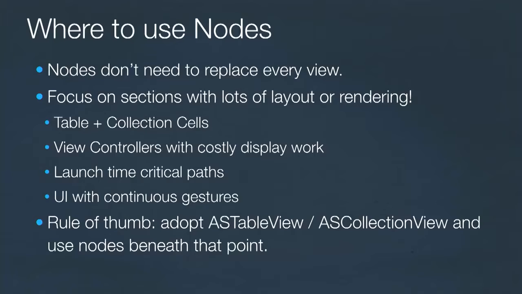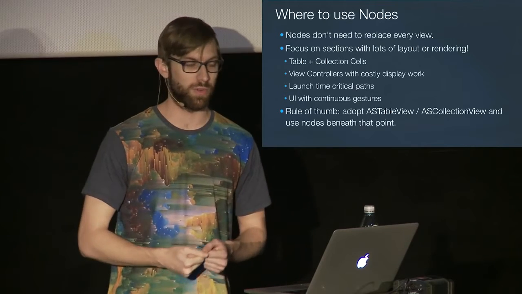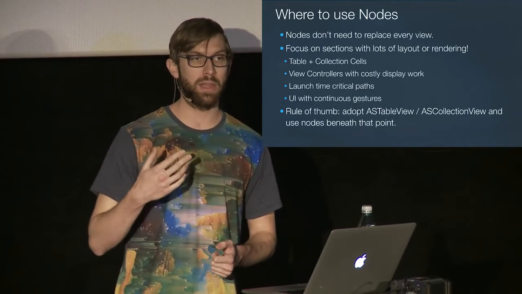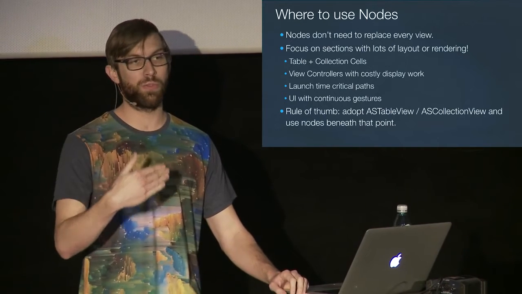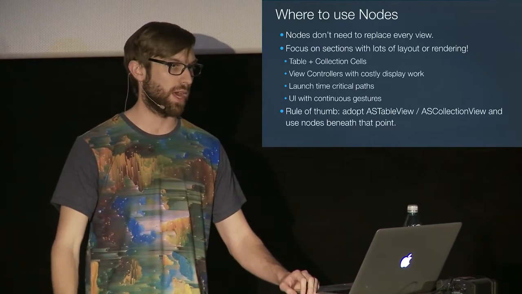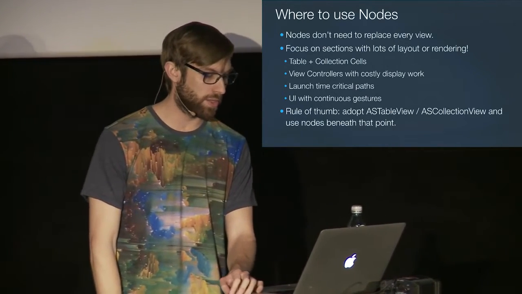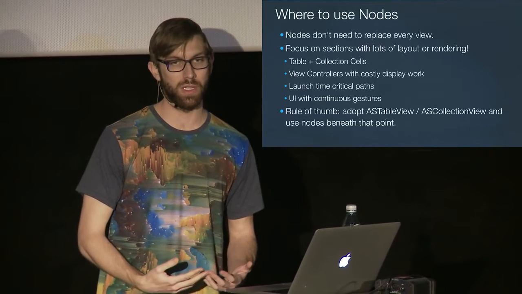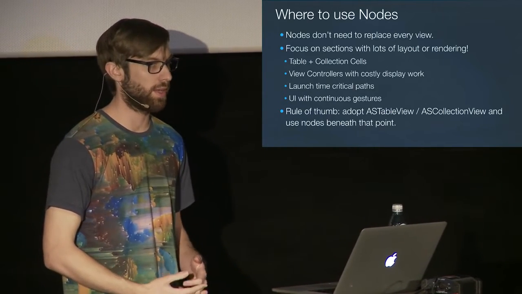Nodes don't need to replace every view. What's the best place to convert usually is the table view or collection view. This is why the ASTableView and ASCollectionView classes are actually views. They're not nodes, because it's sort of a reminder that you can replace your UITableView reference with an ASTableView, and that will ask you for node for index path instead of cell for index path. That does a lot of this work automatically for you in deciding when to render ahead, managing memory, and this